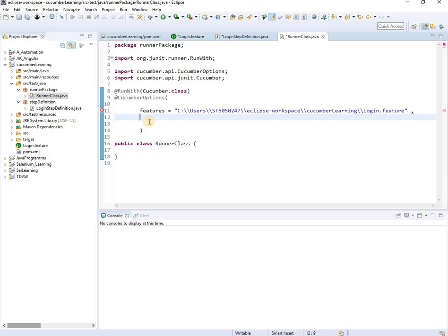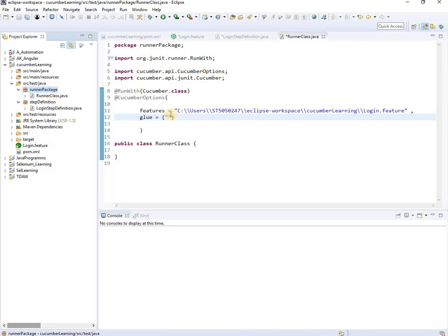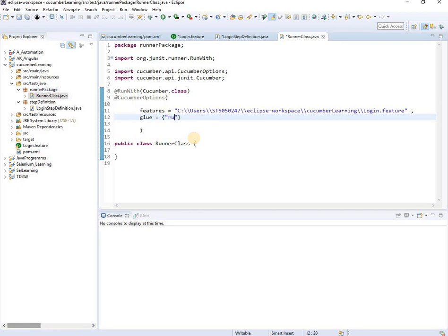Currently we are dealing with one feature file only. That's why I have given the path of the single feature file. Now I have to give the path of the step definition file. So the syntax is glue equals, in curly brackets, you have to give the name of the package. It is my step definition. We have to give the path of the step definition.